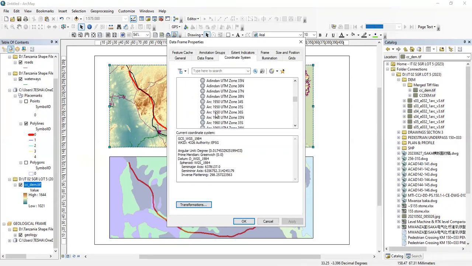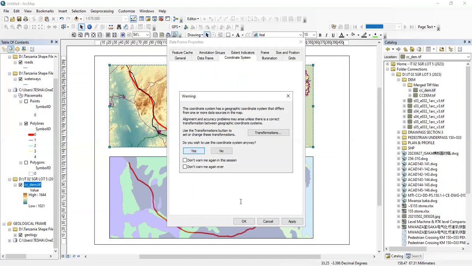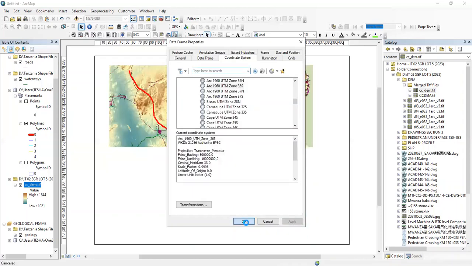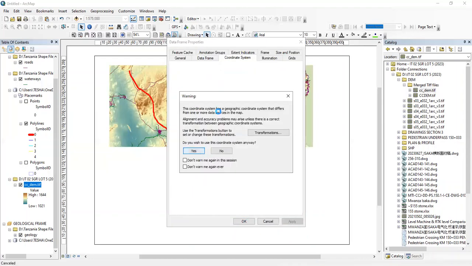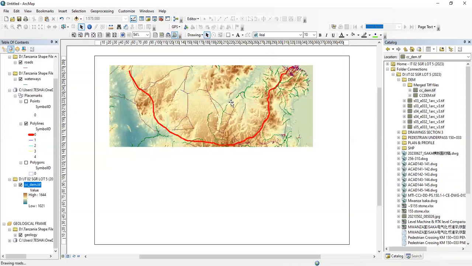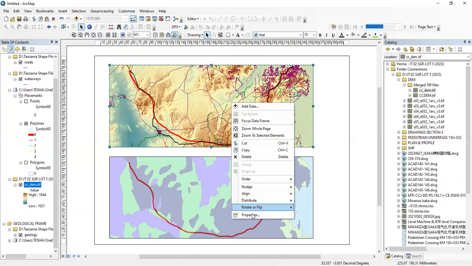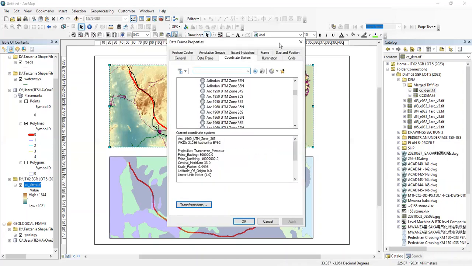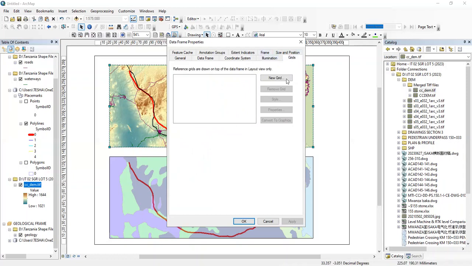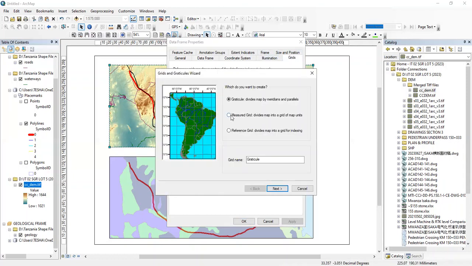Then we choose ARC 1960. Then apply. Yes. Then okay. We have succeeded to set the coordinate system. Then it is time to add grids. Go to grids, go to new grid, go to measured grid,